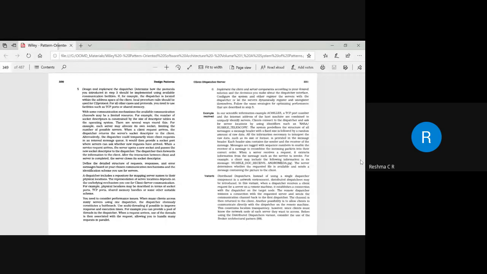And the next thing is we need to design and implement the dispatcher. So how do we define and implement the dispatcher? So we need to determine what protocols are there. So how the dispatcher has to connect, has to identify the location transparency of a server. So whether that particular server is able to provide a service or not.